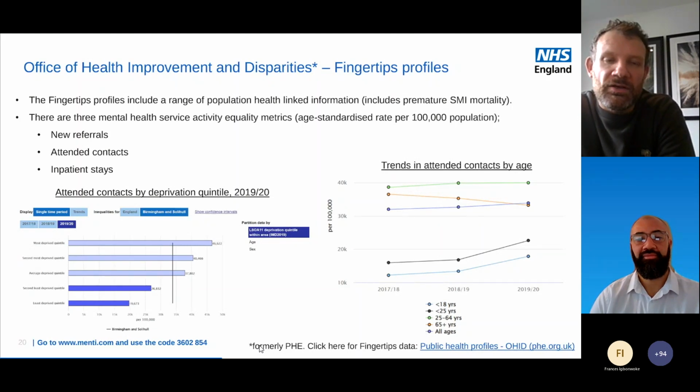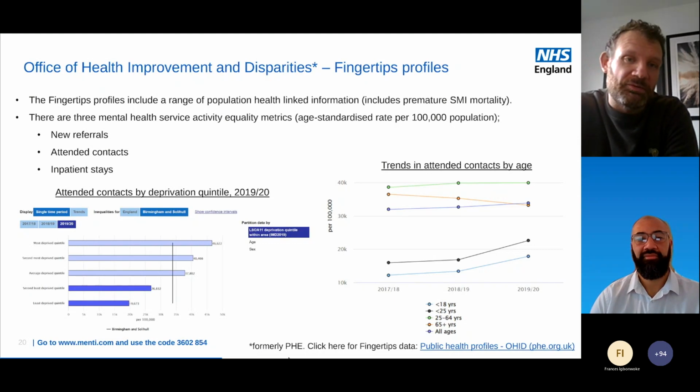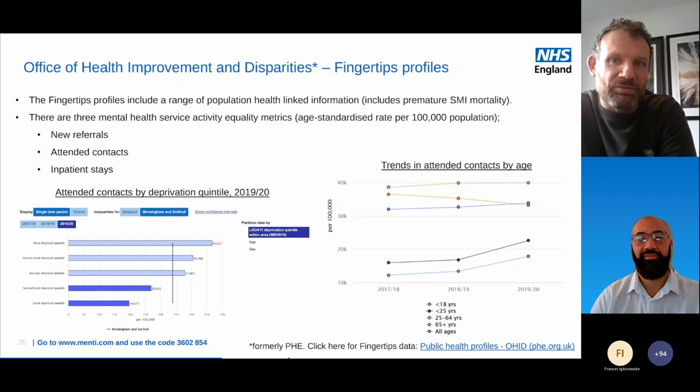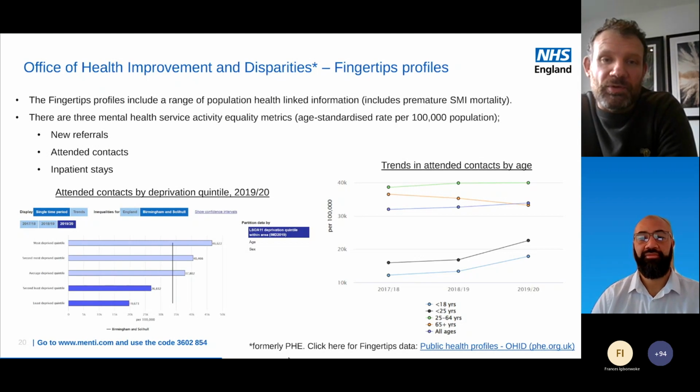inpatient stays. And just an example of what those let you pick out down to CCG level, because generally we need annual data for quality, and at the moment the most recent year we have is pre the new NHS boundaries. But what that data shows on that bottom right chart, as I flagged that older adults issue, is what appears to be declining rates of new referrals and attended contacts for people aged 65 plus. So this data already lets us query, are we, with the investment and transformation happening in mental health services, potentially leaving behind those older adults in our services and not giving them the support and access they need? Next slide, please.